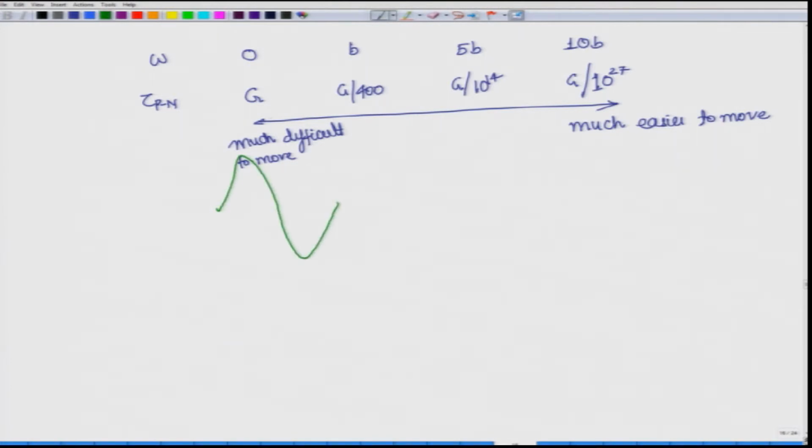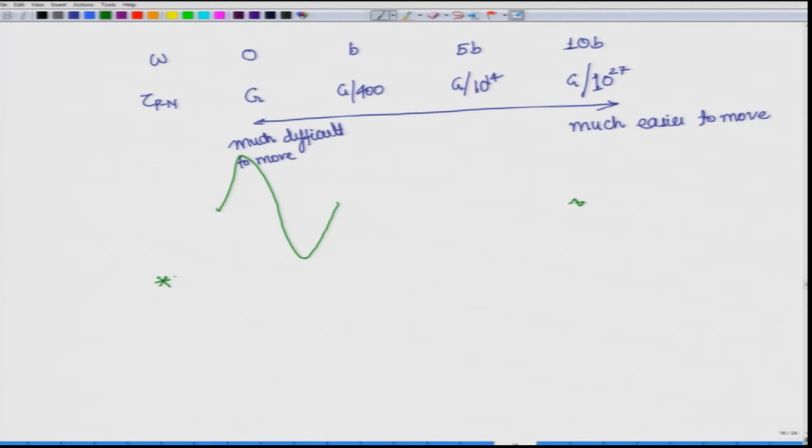And I cannot even draw the magnitude that we are showing here. So, the peak will be like this. Over here the peak is nowhere comparable to the scale over here, because it is g, this is g by 10 to the power 27. So, it is 27 orders of magnitude smaller. So, this is as small the stress required for the resistance. So, the stress required would be much smaller. So, it is much easier when you have a wider core. So, that is the effect of geometry of dislocation on motion of the dislocations.